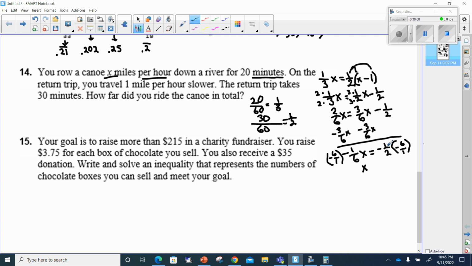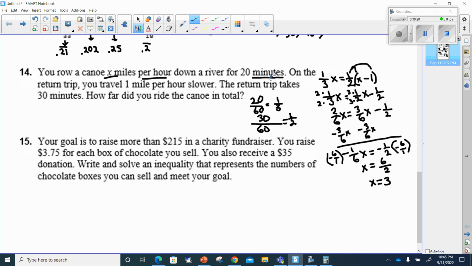So x is by itself now. But over here, a negative times a negative is a positive. 1 times 6 is 6. 2 times 1 is 2, which means 6 divided by 2 is 3. So x equals 3. Now you might be thinking that's my answer, but no, remember, x is just the miles